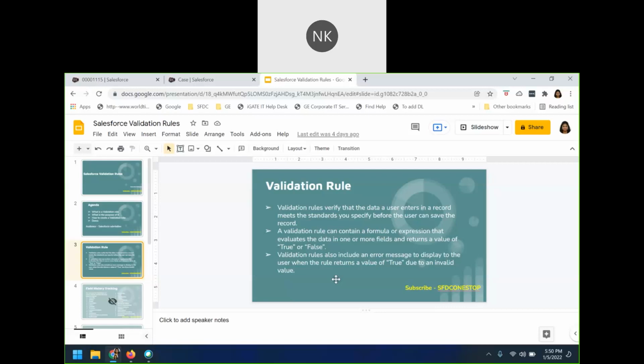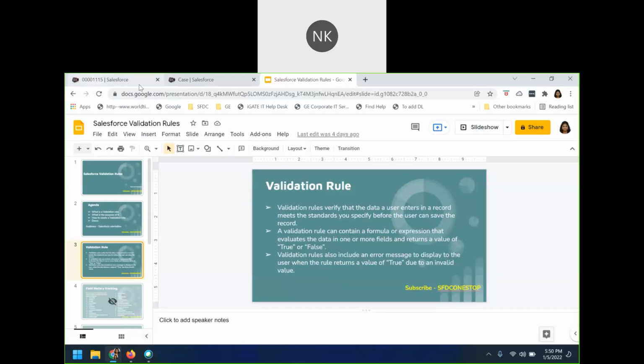So the scenario as we discussed is, if the user enables the checkbox but the case escalated reason is not filled in, then you want the error message to be popped up. We will see how we can achieve this using the Salesforce case validation rules.